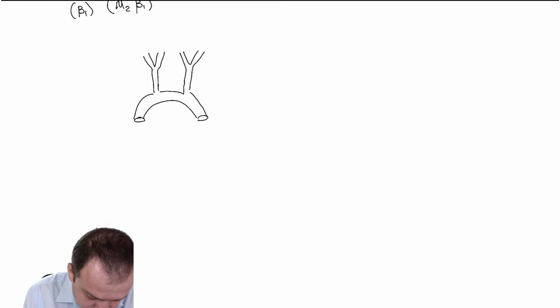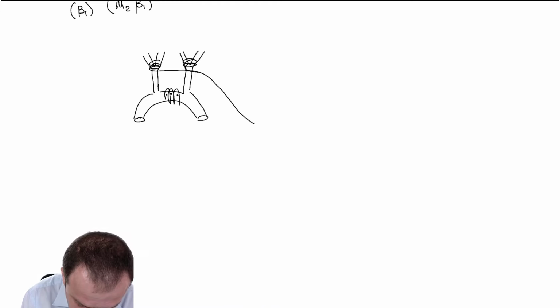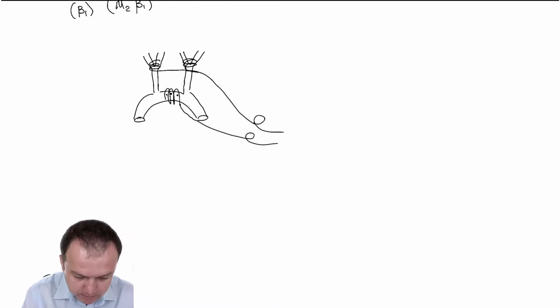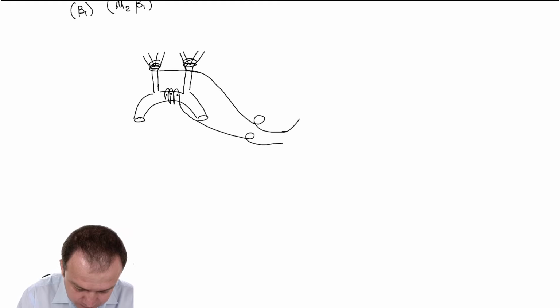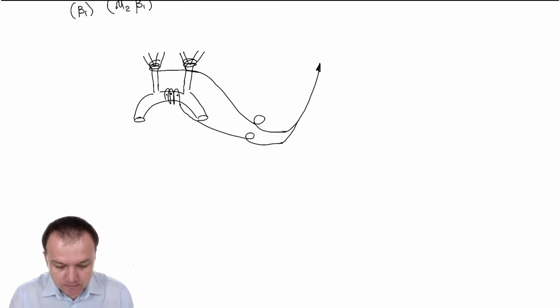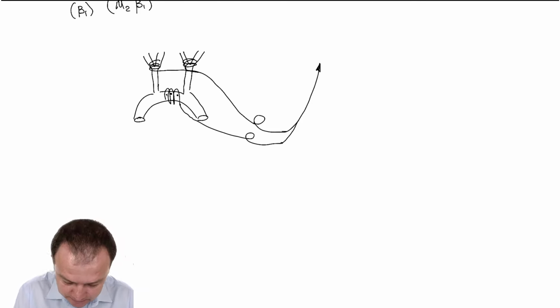So baroreceptors are located in the aorta, and they are located in carotid sinuses, right? This information goes into the central nervous system, into nucleus tractus solitarius,